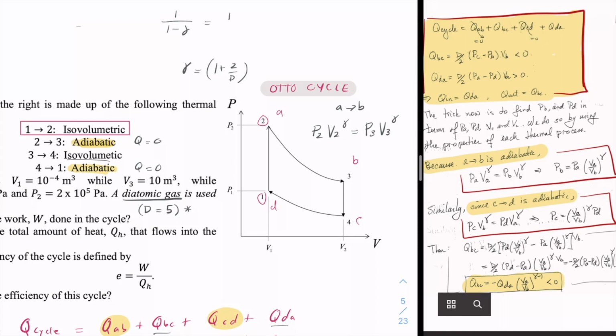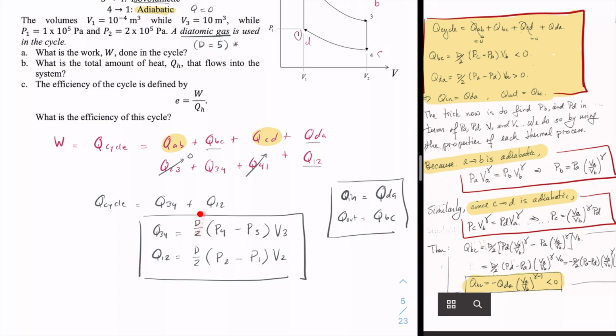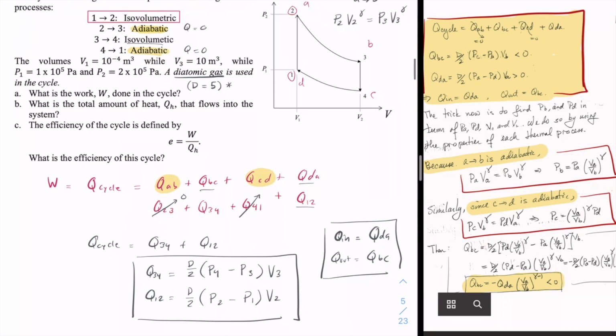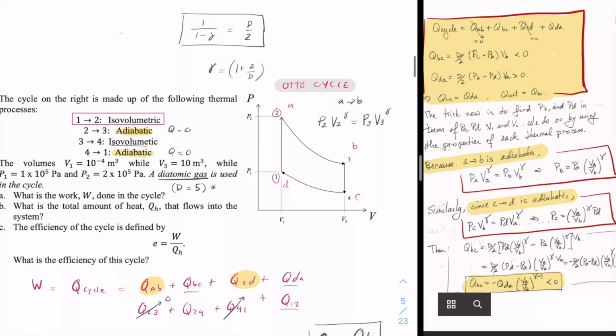That's going to end up just being d over 2. So that's why we see these equations mapped back and forth. You might see in the solutions this 1 over 1 minus gamma in front of an equation like this, where you have P3V3. Just notice that they are the same equations, just written in a different form. But yeah, so we have this when we have an adiabatic process, and so we can relate the pressures and